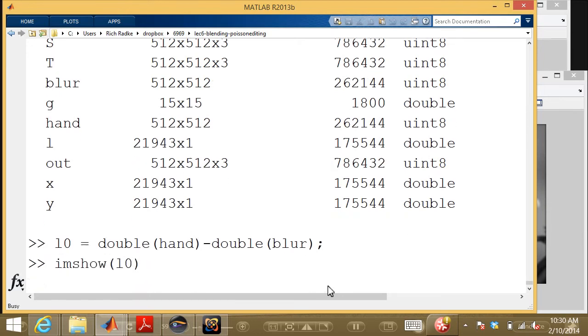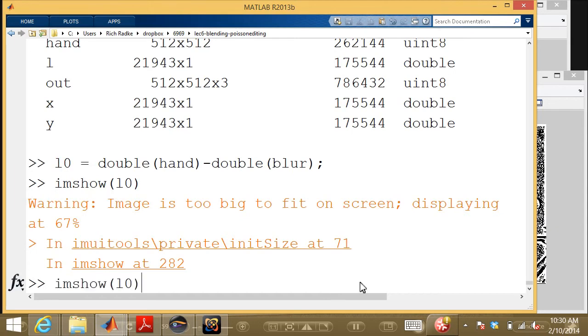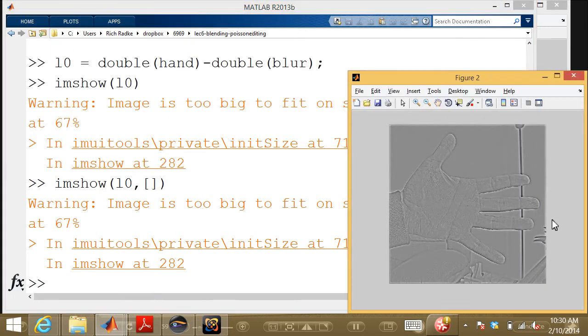When I do that, let me just make this like this. So when I do that, what I get is an image that looks like just the edges of my hand, right? And so you can see that in regions like the wall, where it was all low frequency stuff, there was no real variation on the wall. That means that the difference between the original version and the blurred version is basically 0, which is represented by this gray. In places where there's a strong edge, like the edges of my fingers, the edges of this lamp,